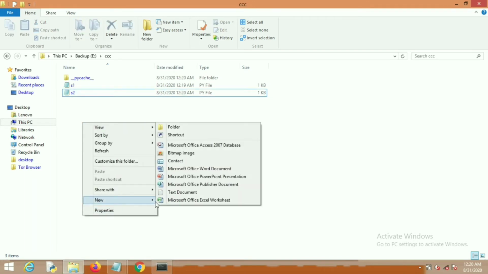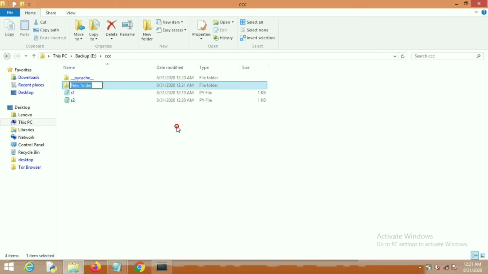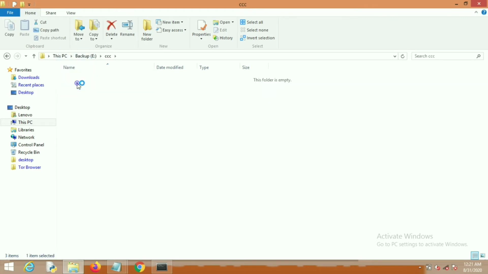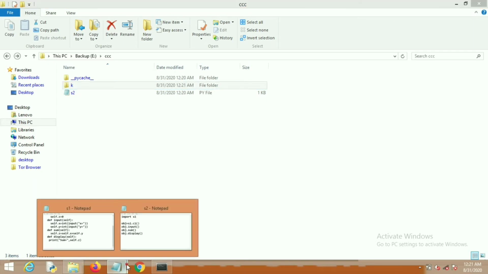Then we will use a trick where we create a folder named K and insert the s1 file in the K folder. Now our s1 file is in the K folder and we are running the s2 file. So how can two files in different folders be run?